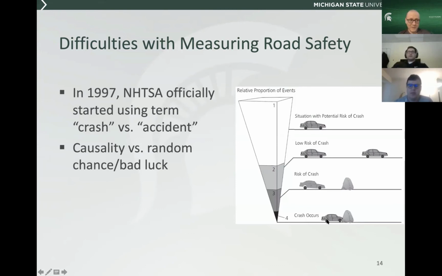A related note, if we think about this from a big picture standpoint, like I said, crashes are a very severe concern nationally and internationally. But there are so many more events that occur on a daily basis where a crash almost occurs. And so from our perspective as engineers or safety analysts, we're really interested in more broadly understanding those various circumstances that contribute to the likelihood of a crash occurring, whether that's specific geometric or roadway factors, or certain driver groups. There's a variety of different ways we can try to investigate the nature of these safety problems.